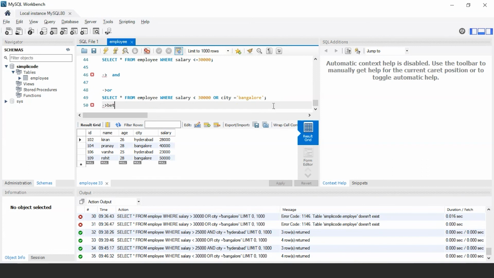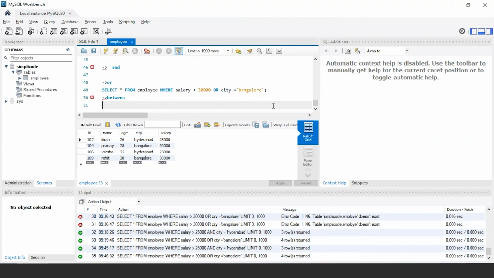Next, let us look at the BETWEEN operator. The BETWEEN operator in SQL shows the records within a specified range mentioned in the SQL query. If there is no value in this given range, then this operator shows a null value. Suppose we want to access the information of all the employees from the employee table whose salary is between 25,000 and 35,000, then we'll write the following query as select star